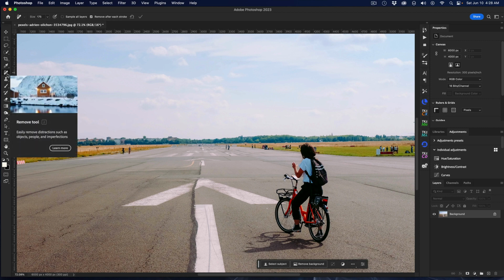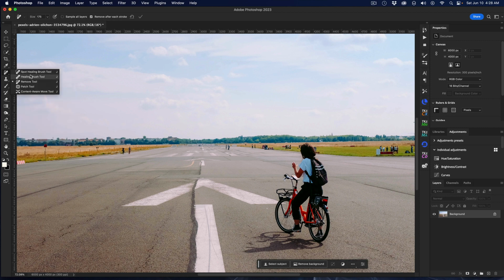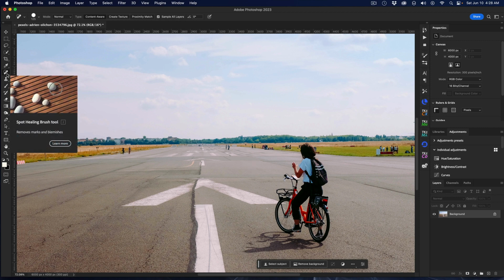So I'm just going to use the spot healing because we're all familiar with that, right? Here we have a runway, and as usual, it's all cracked and beat up and it ruins the picture for me. Having all these people in the picture ruins it for me. I'd normally spend an awful lot of time trying to do it. Now if I try to just use the spot healing